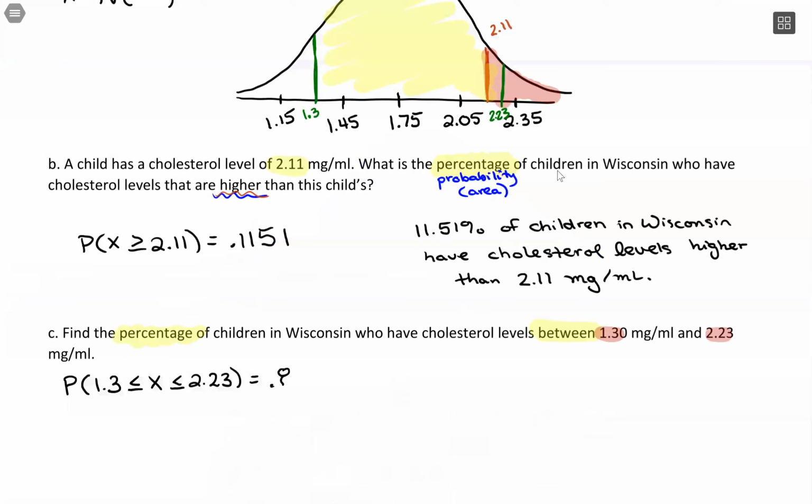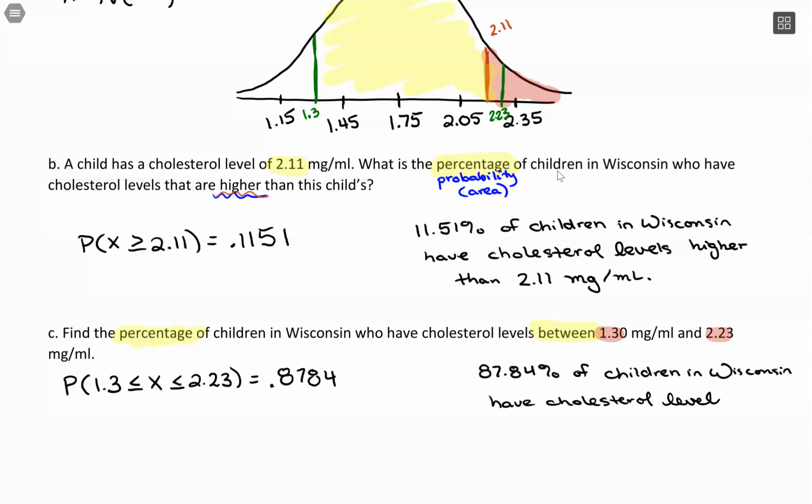So 0.8784. So you could say 87.84% of children in Wisconsin have cholesterol levels between 1.3 and 2.23 milligrams per milliliter. So this is how we'll go about finding probabilities with our normal distribution, given some cutoff